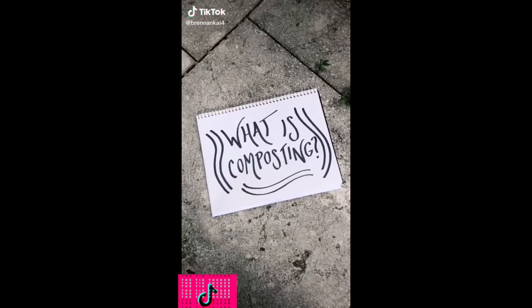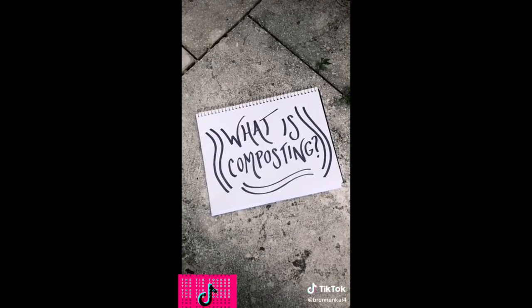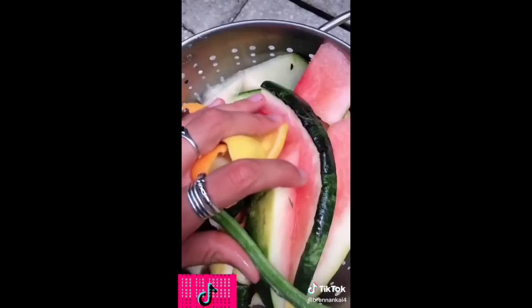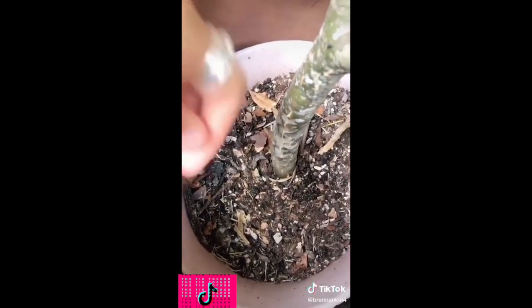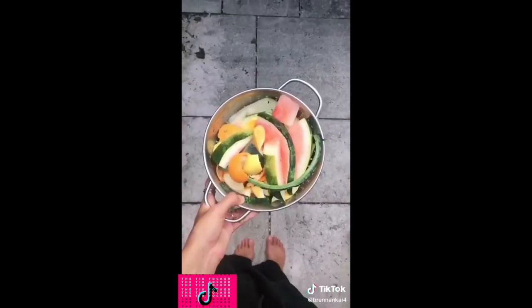Today we're going to talk about composting, which is something you're likely familiar with if you're interested in sustainability. The process of composting is basically how we go from something like this, biodegradable kitchen scraps, fruits, veggies, and make it into something like this, which is nutrient-dense, rich soil that can be used to grow plants and maybe even